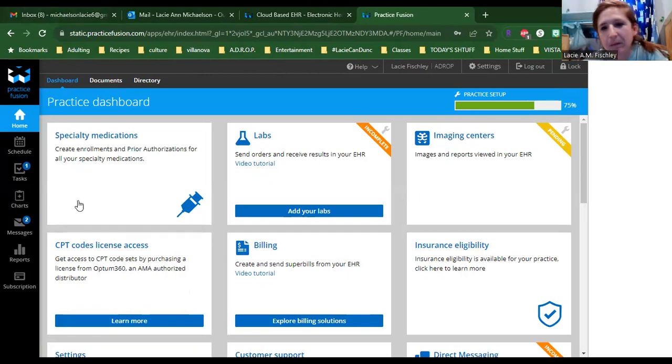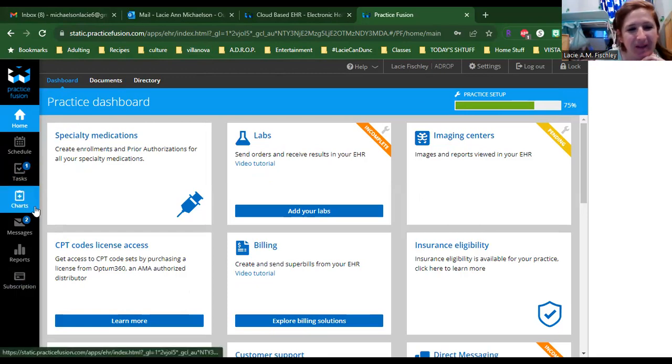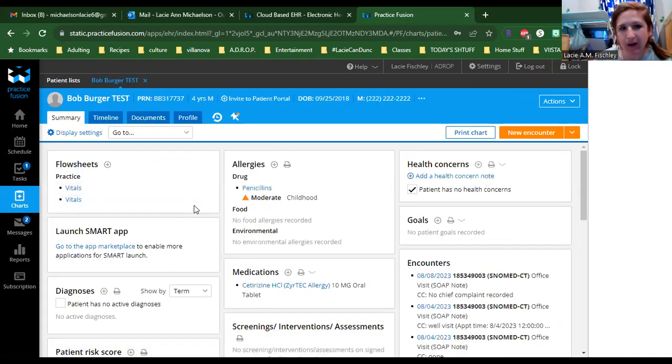Yeah, I think this will be particularly useful. Like it happens a lot that people have questions for other providers, right? Like, hey Meredith, so and so has a weird rash. Can you look at it or whatever? So it's kind of a similar process. So I'm going to go to charts, and if I'm at Bob's chart again,